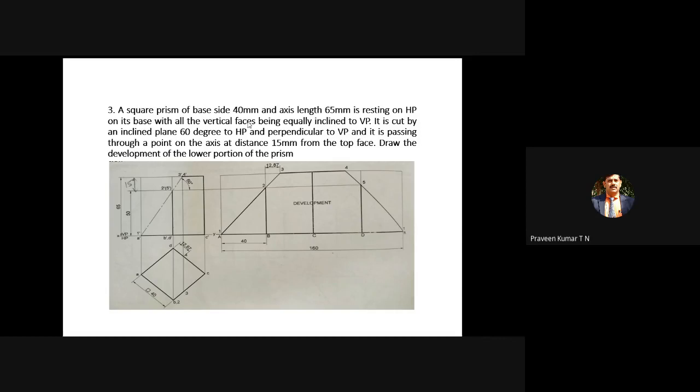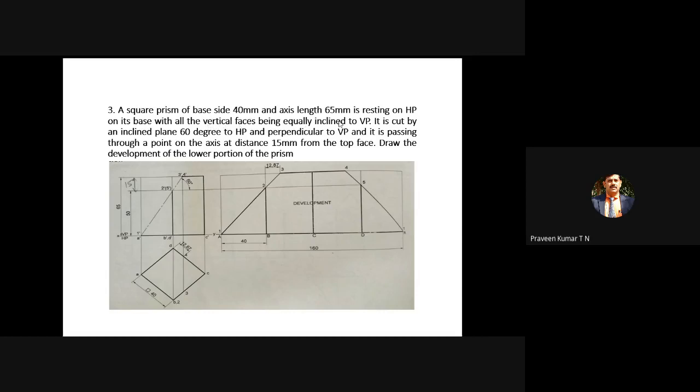So with all vertical faces equally inclined to VP, you have to draw the square in this particular position, like a rhombus position. Imagine this angle. If you take the angle of CD and extend it further, that angle will be 5 with respect to the XY line. If you extend AD, that also gives angle 5. Both angles are the same in this particular position. Don't you worry about that part.